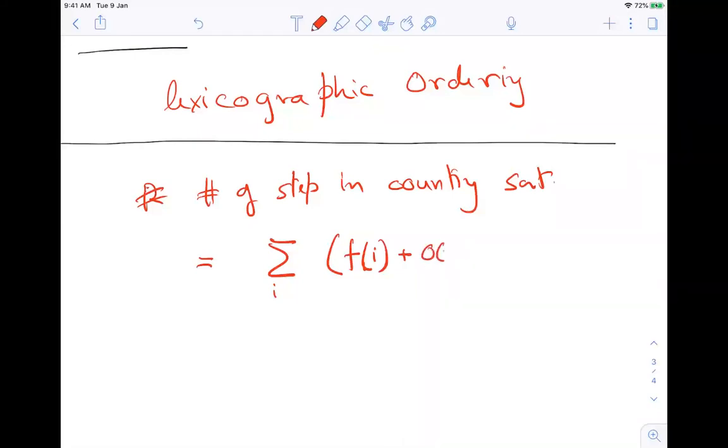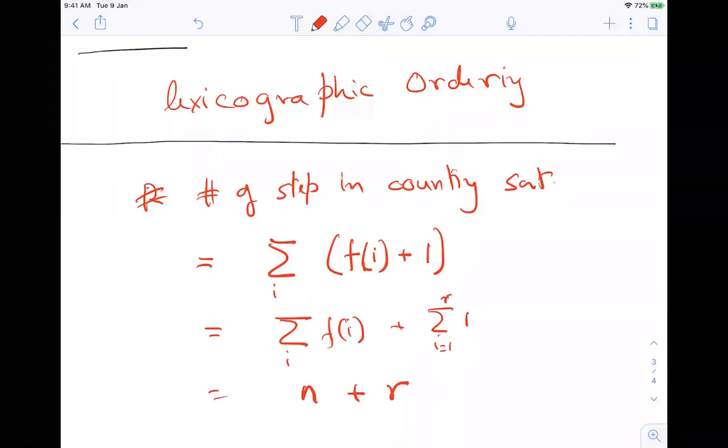So it is order of 1. Or for now, let me just write 1 step. And so this is nothing but the summation over i of f of i plus the summation over i of 1. The summation of f of i is n, and this is R.